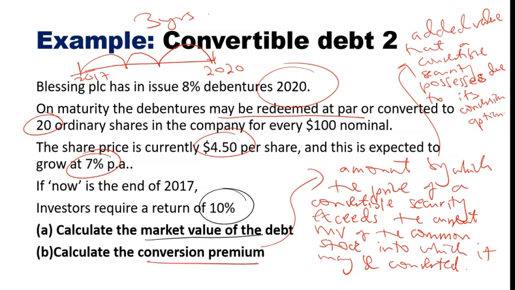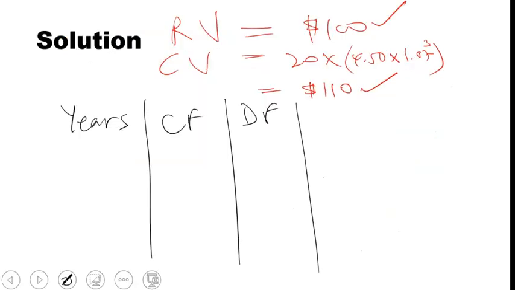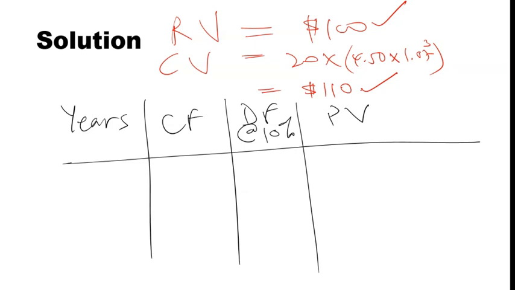We just need to calculate the market value of the debt, so the job has been made simpler. The discount rate is 10% here, then our PV. So we have to calculate the market value. What we have are the interest payments, years 1 to 3. The interest is going to be